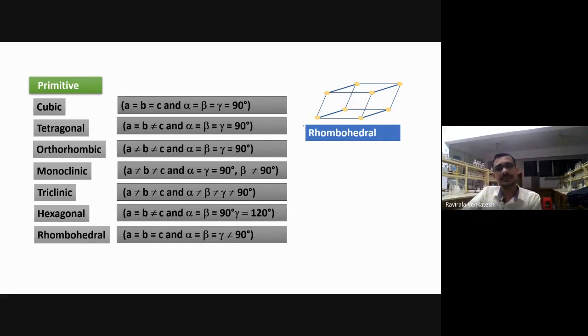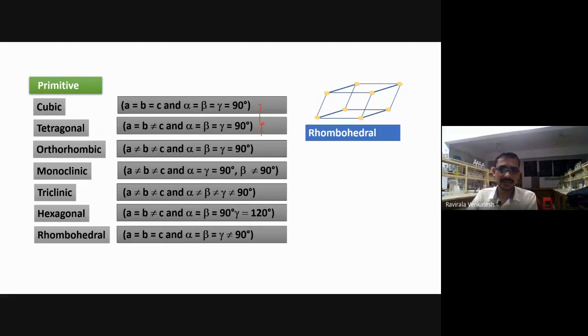From an examination point of view, you need to remember these. In MCQ questions, they will give this type of description and ask what type of primitive cell it is. So they will give orthorhombic, monoclinic, triclinic, hexagonal, and the answer should be monoclinic. You have to learn this by heart. See, a, b, c not equal, and all angles 90. In this way, if you remember, it is very, very simple.